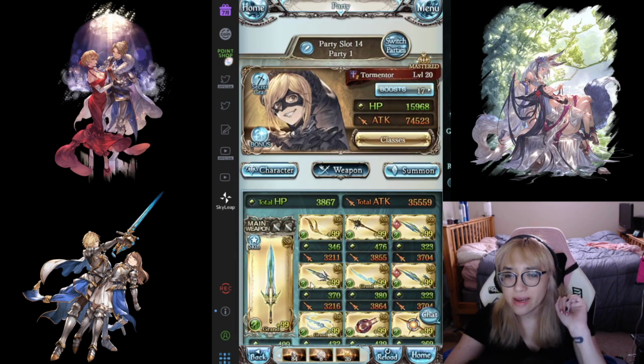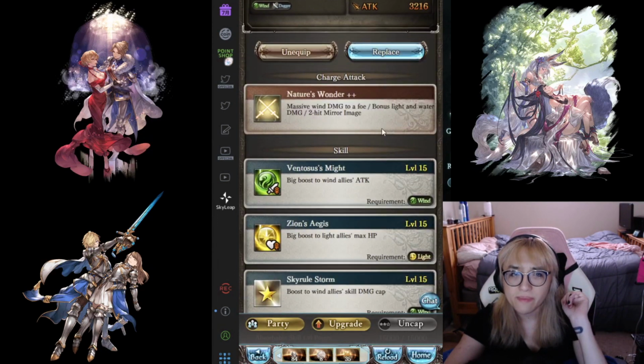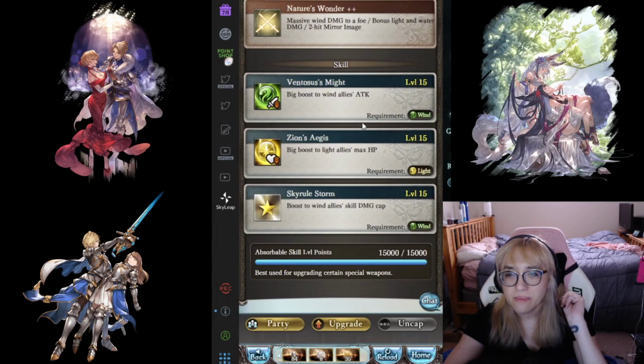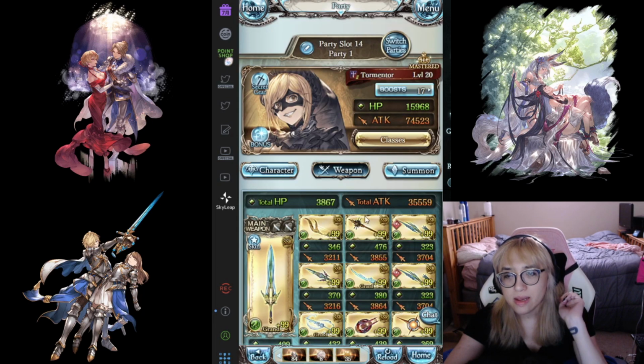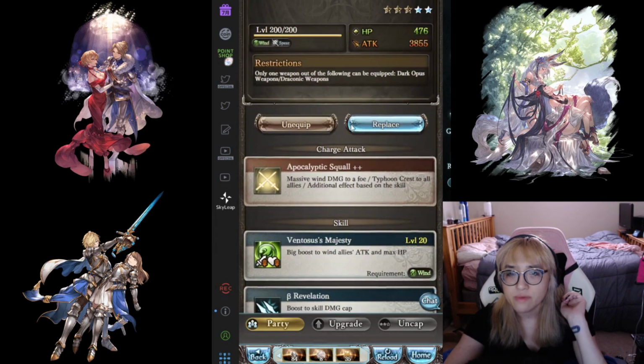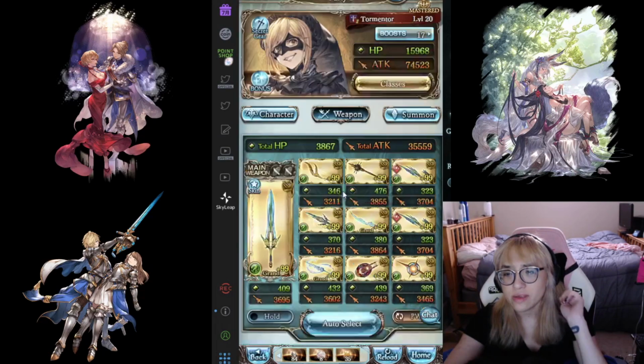In addition to that, you might be wondering what this weapon is. This is Heaven's Cloud. This is Petra's weapon, so it's not limited. Main reason I'm running it is, again, skill damage cap. And then, in addition to that, my Dark Opus weapon does have the skill damage key on it as well. And then the only other thing that